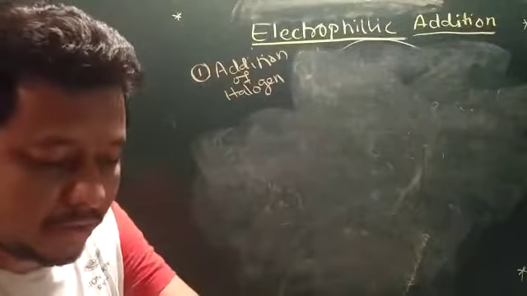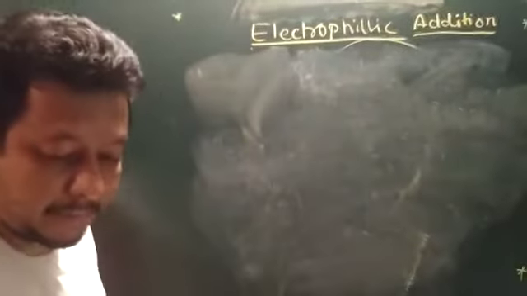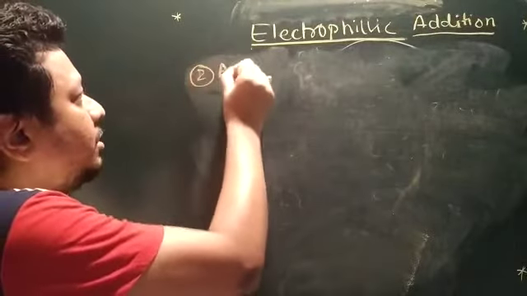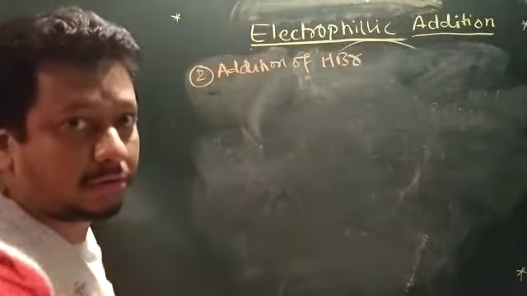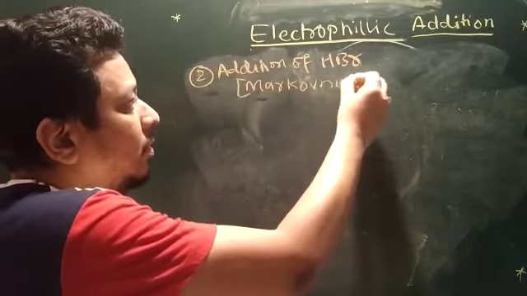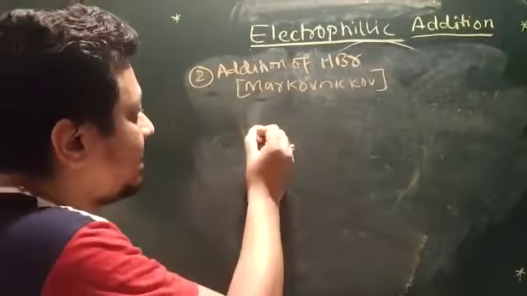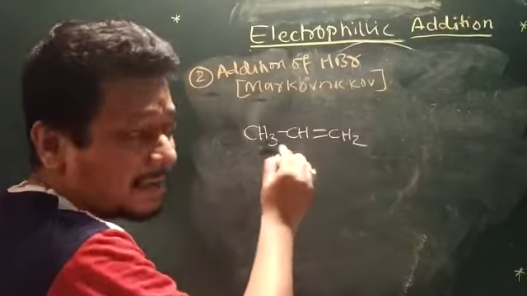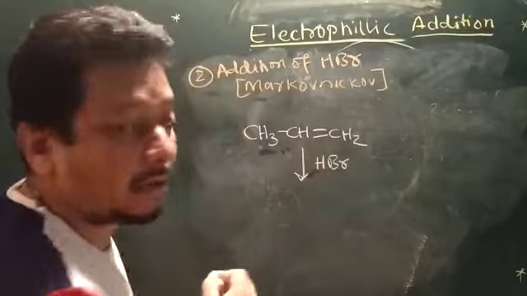Now the next step, the second reaction, is the addition of HBr. This follows, majorly, Markovnikov's rule. What is Markovnikov's rule? Now you have an asymmetric alkene, CH3 CH double bond CH2. So this is known as an asymmetric alkene. Now if I add HBr over here,